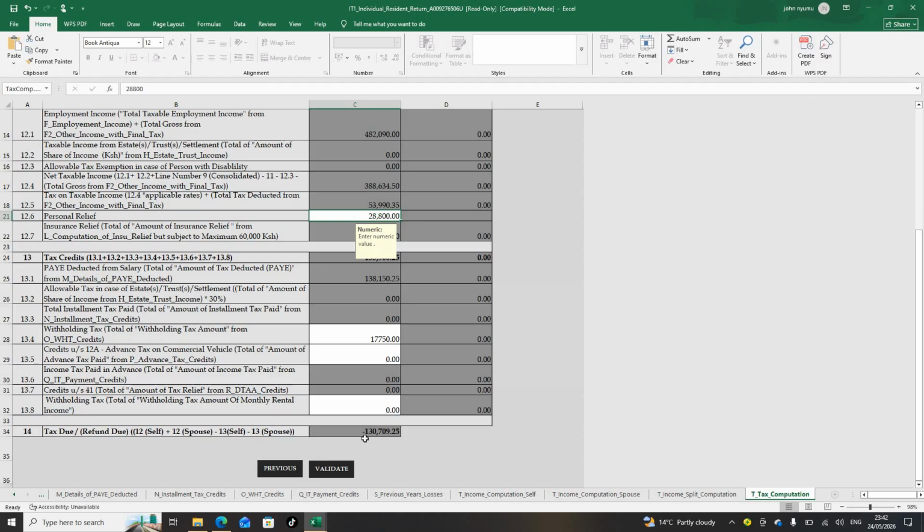When it is positive, it means that this is the amount you are going to pay to KRA. When it is negative, it's the amount KRA now owes to you. When it is 0, it means the figure is okay, you don't have to pay anything. So once you have prepared your Excel and you have validated,